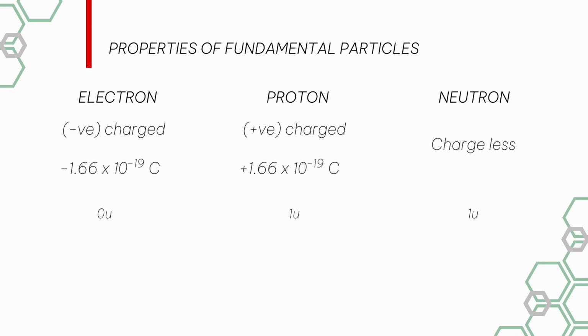And if we look at their mass, then in terms of atomic mass unit, the approximate mass of proton and neutron is 1 u. And the mass of electron is about 5000 times less than the mass of these two. So the mass of electron in terms of atomic mass unit is approximately 0. And if their mass is written in kilogram, then they are something like this. So that's all for this video.